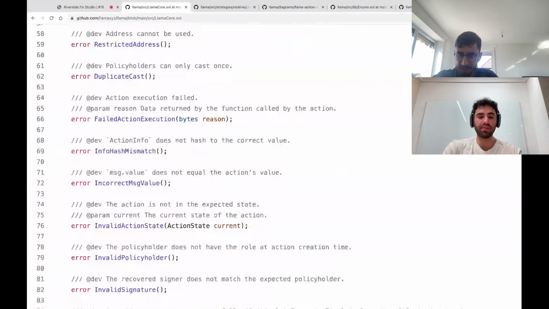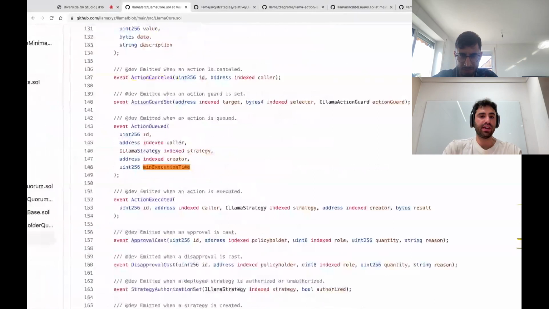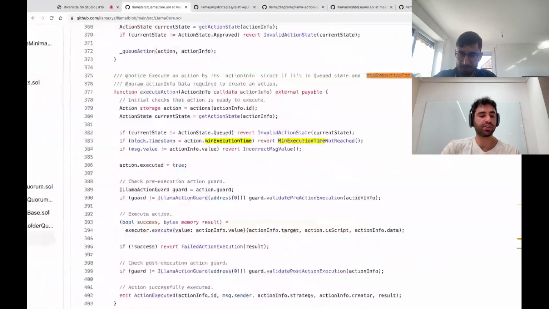Yeah, the way to think about it is min execution time can't be calculated at action creation time. So you have a concept of at some timestamp, an action is eligible to be executed, right?